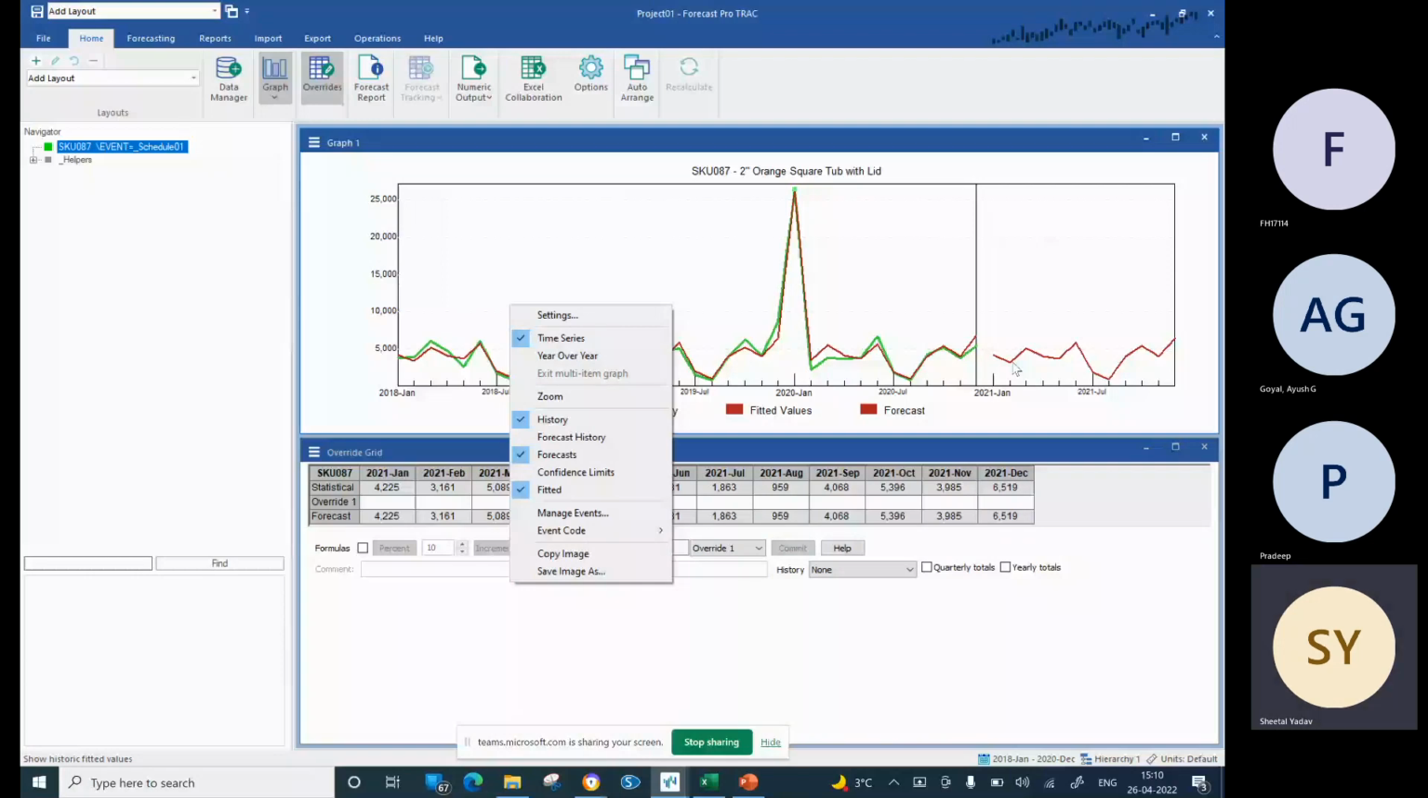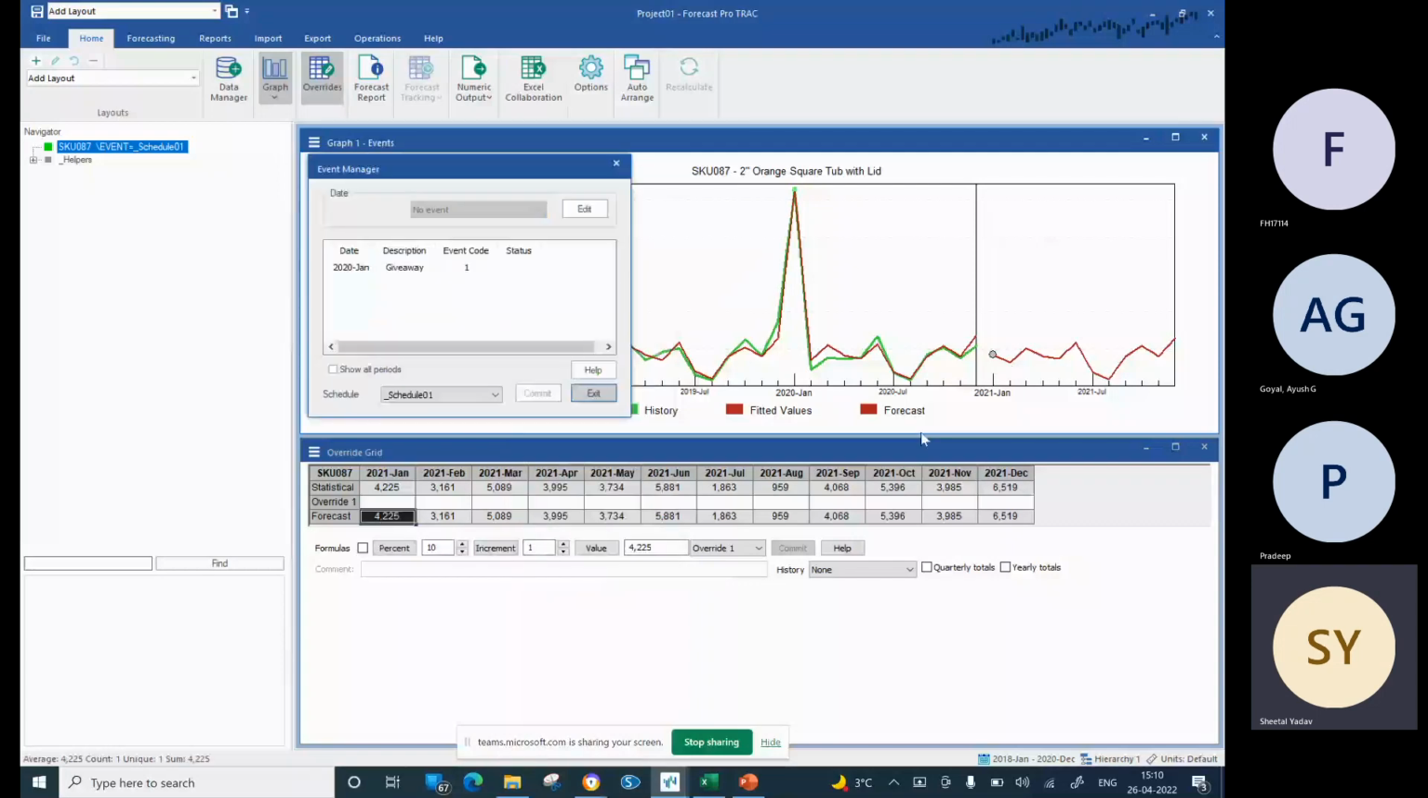And what we can do is say, okay, this month I'm applying the event in the month of Feb. If I do that, I can select the month of Feb over here. I can select the same giveaway promotion. What the system will do is, in Feb, my statistical forecast is right now about 3,161, it will go up, and it will use the impact of the same promotion and apply it in